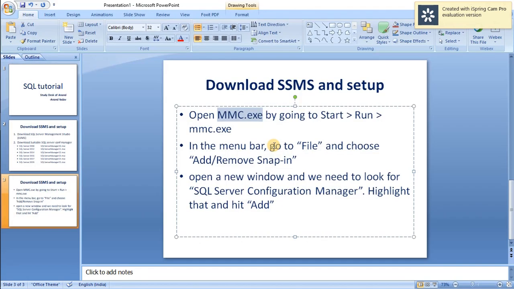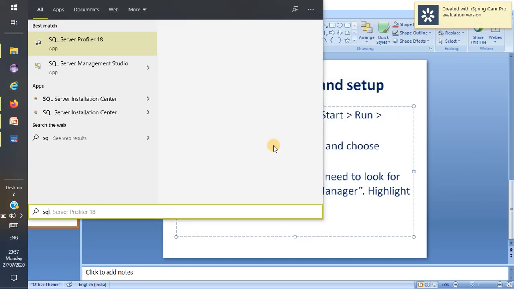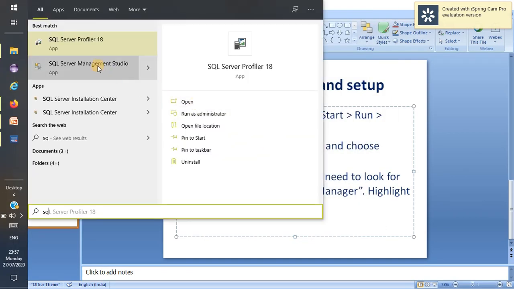Once the installation is done, we can see that SQL Server Management Studio is available on our Windows machine. Just double click on it and it will open the Management Studio. As it is a heavy tool, it will take some time.